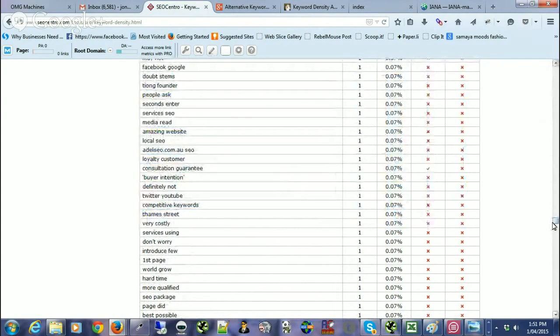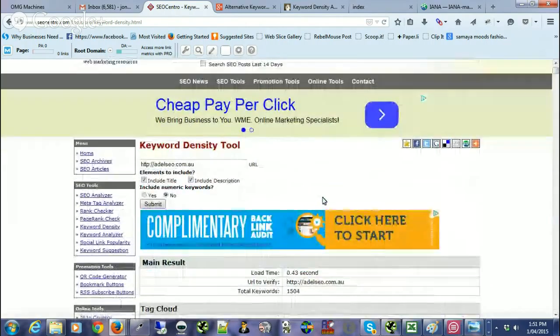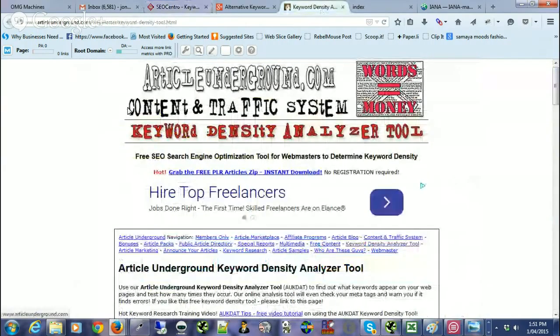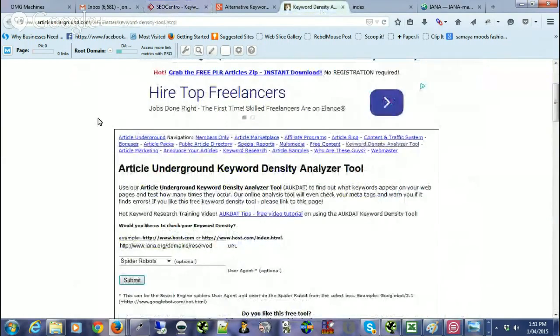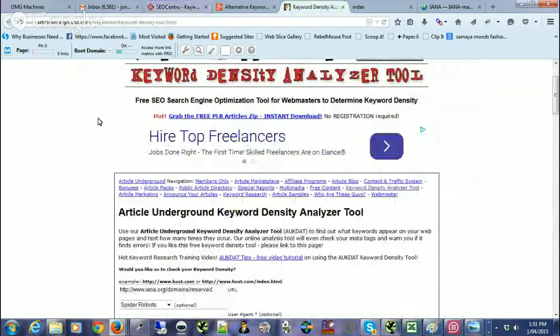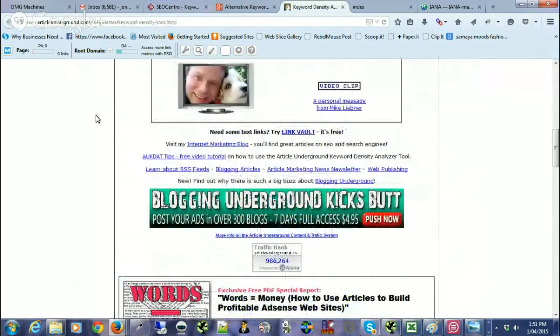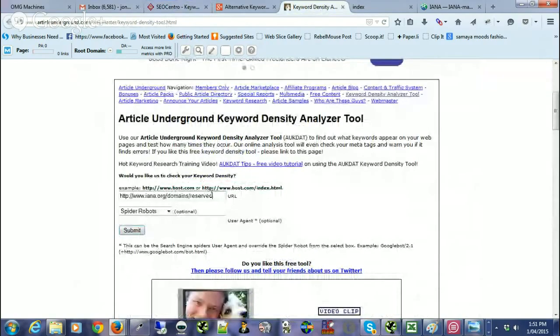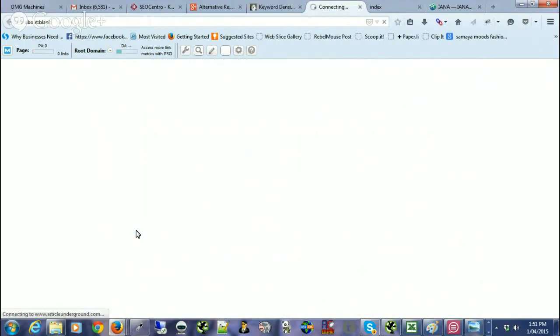So a tool we've found that seems to work pretty well, and it's a bit more forgiving, is called the keyword density tool from Article Underground. It's real simple, a little bit the same. So you can just come in here and put a URL in the field here. Sometimes you can vary these to see which one works, because depending on the code or the website, you might need a different crawler. For this one, we'll just leave it on SpiderBots, hit submit,